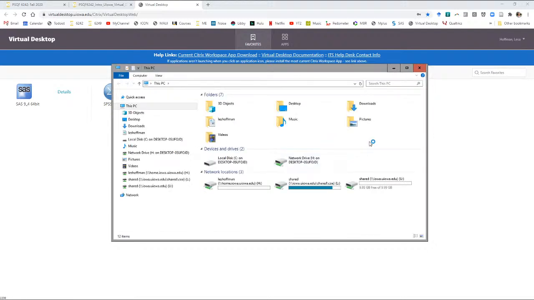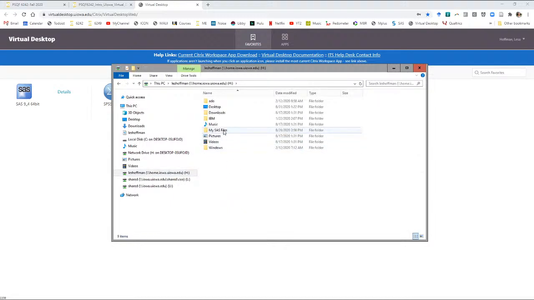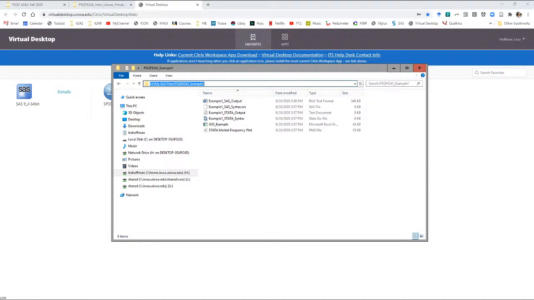So here it is. Rather than navigating to the files as they are on my personal device, I'm going to navigate to the versions I saved to my H drive, which should look a lot like yours. So here's the H drive, my SAS files. Here's the folder that I had, and here are the files that I want to work with. So I'm going to put my cursor up here, copy,